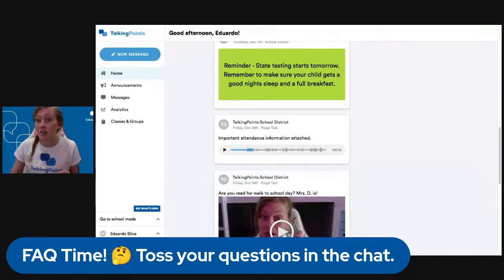And someone's also asking if the attachment options are the same on mobile, because a lot of teachers are using their phones most of the time and not the web like I'm using. And the answer is yes, you can still attach documents, photos, videos, the same. The reminder there is just to make sure that you're not trying to attach iPhone live photos, and that it's 25 megabytes max for photos and videos.